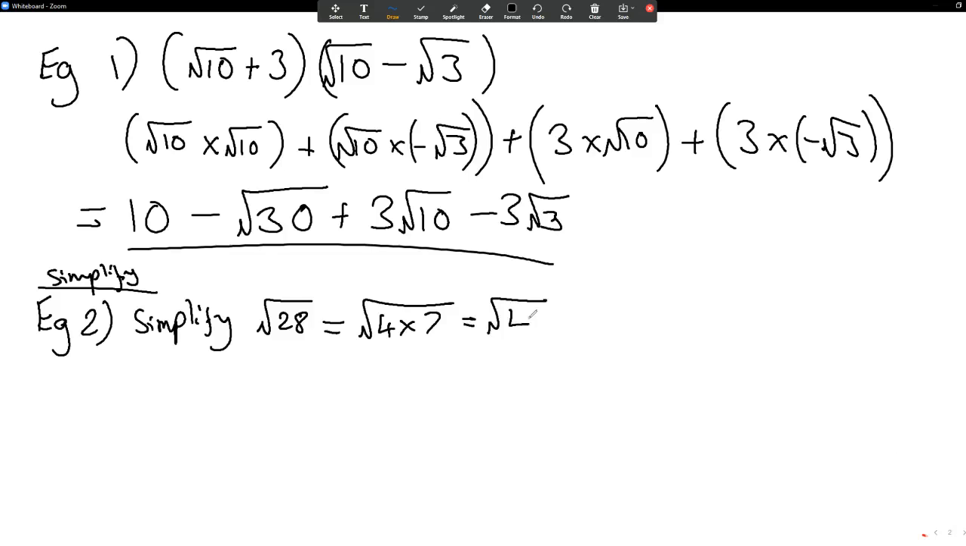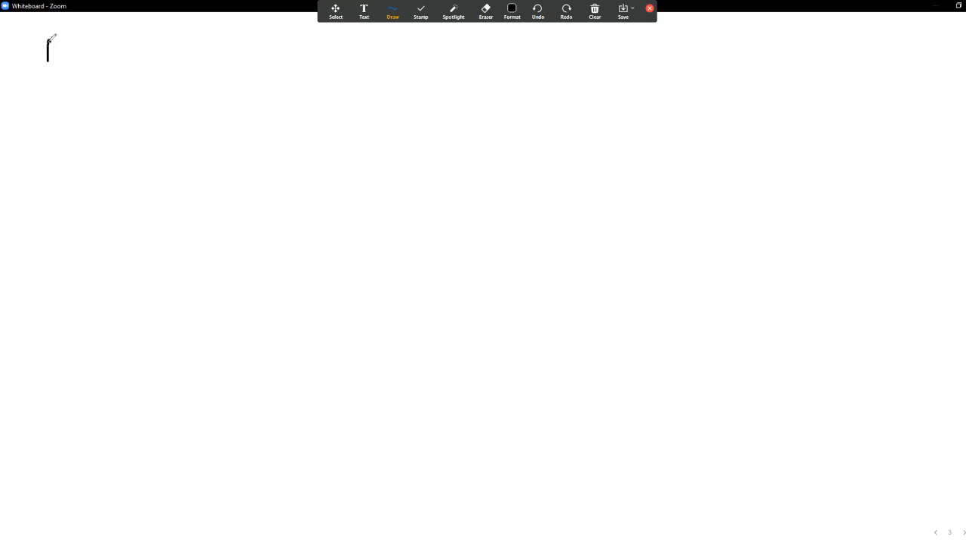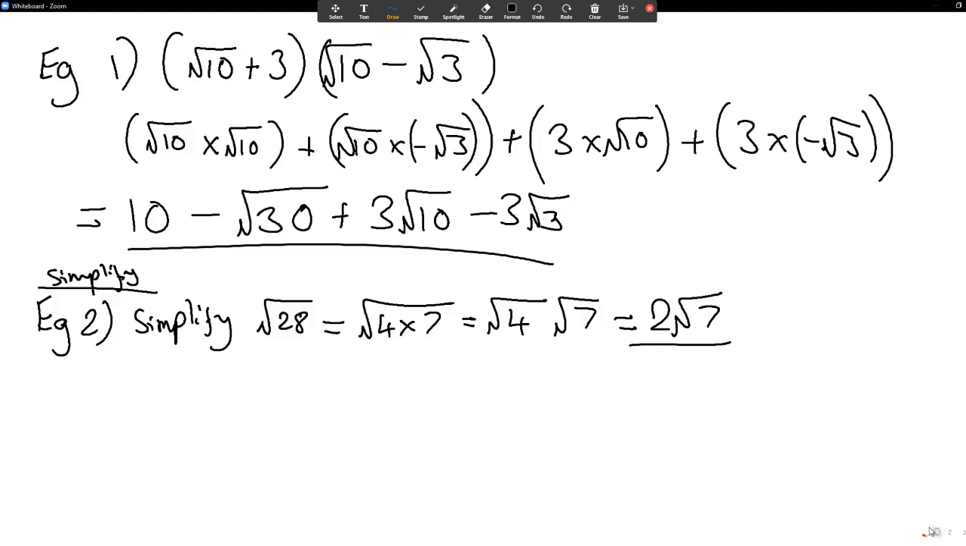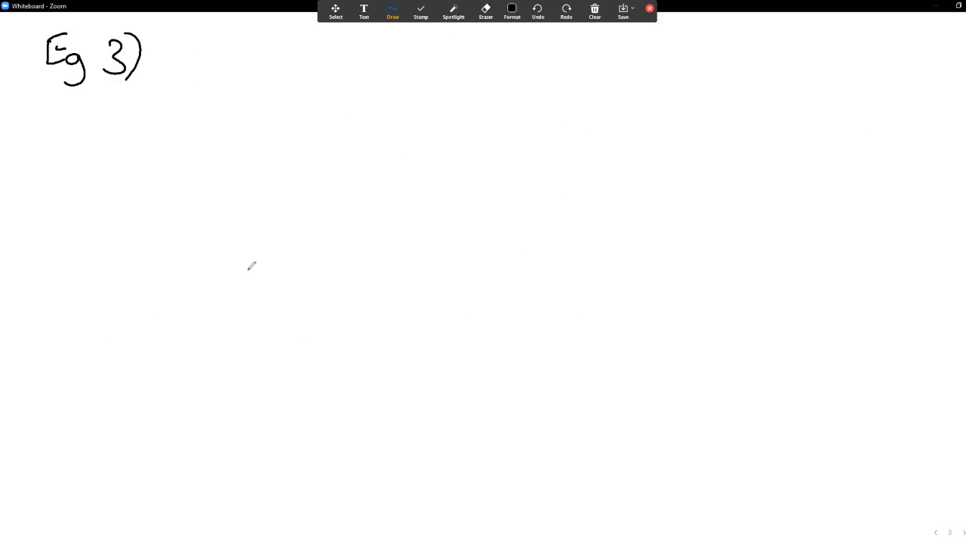So we get root 4 times root 7. And because we know what root 4 is, we know root 4 is 2. You can write it as 2 root 7. And this is the simplified form of root 28. But you might be wondering, how do we find this number? Why did I split it up into 4 and 7 and not say 2 and 14? Well,